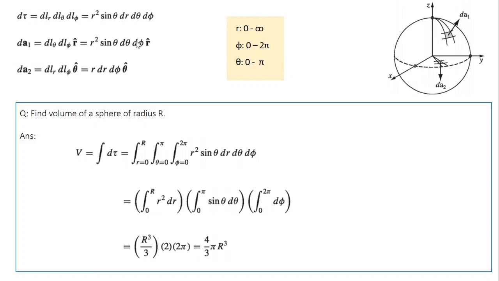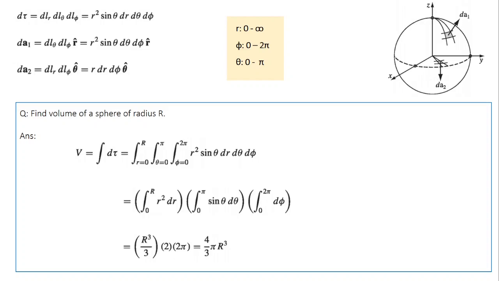On the other hand, if you are choosing a surface along the xy plane, what's the specialty of this plane? The angle with respect to the z axis is constant here, so theta is constant. So the only two directions which change are the r direction and the phi direction. Consequently, the area element is defined as dl r into dl phi, and the direction is along the theta direction, theta cap. So this is r dr d phi theta cap. Depending on the orientation of your surface, you can define the area element.